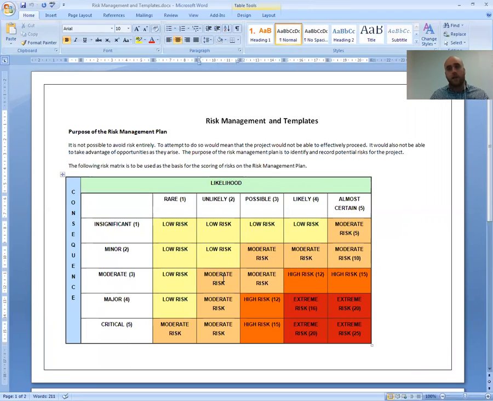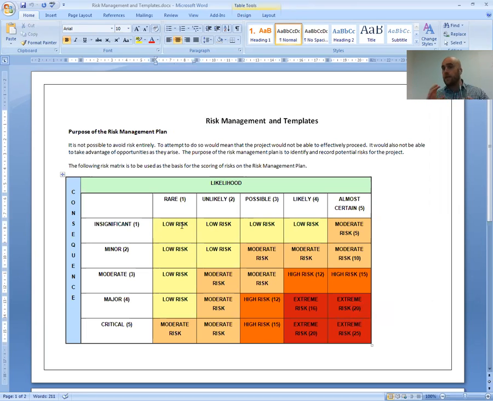They're all very similar. Some have numbers, letters, different figures, everything like that. Essentially, you just want to know how risky something is based upon how likely it is that it will happen and how bad things will be if it does happen. So obviously, if it's almost certain that it's going to happen and it's critical, it's an extreme risk, and you don't want that. Obviously, if it's something down here, a low risk, you're not going to forget about it, but